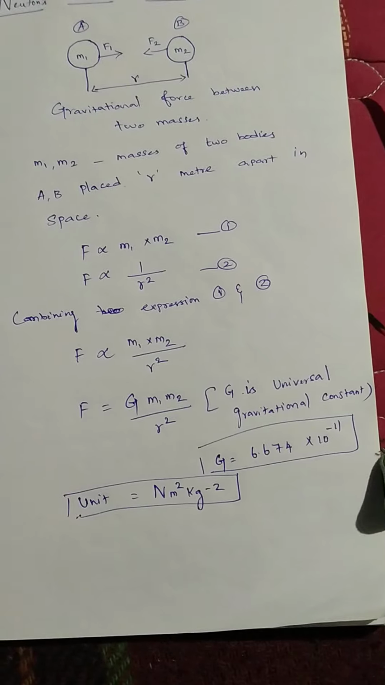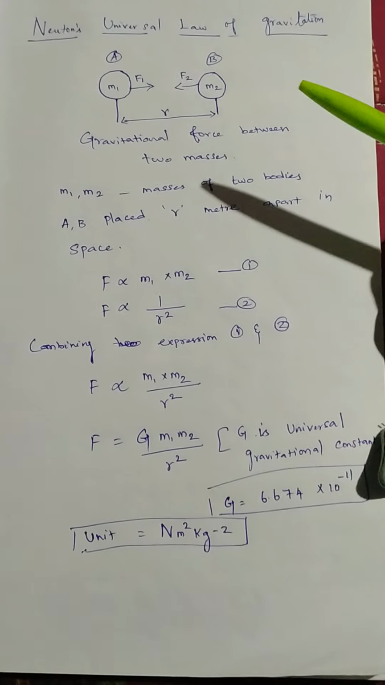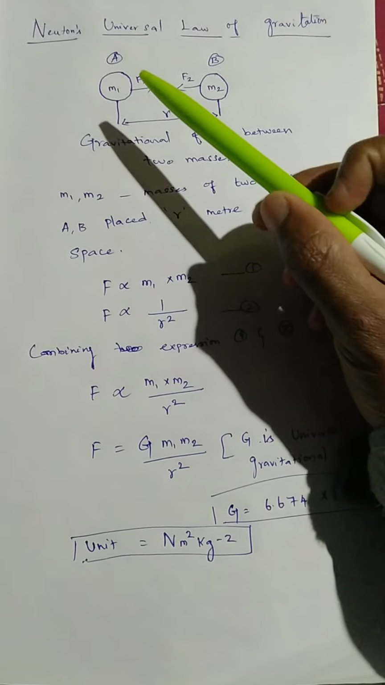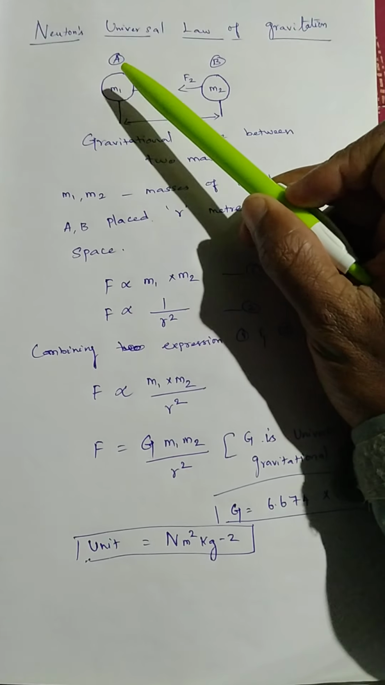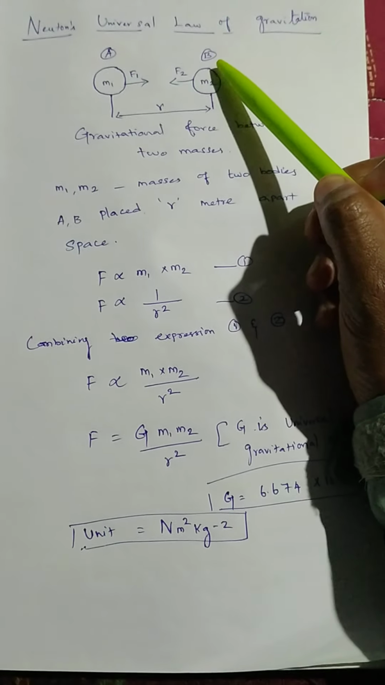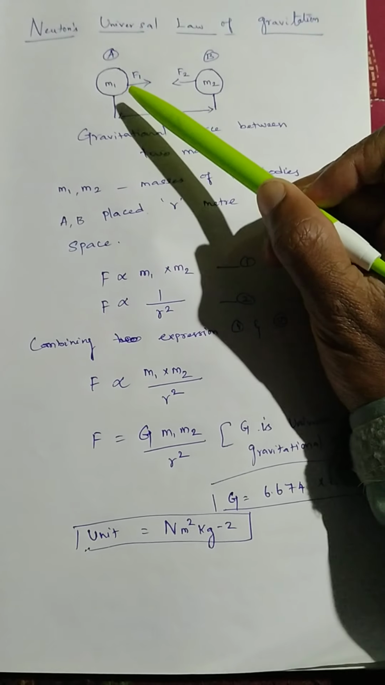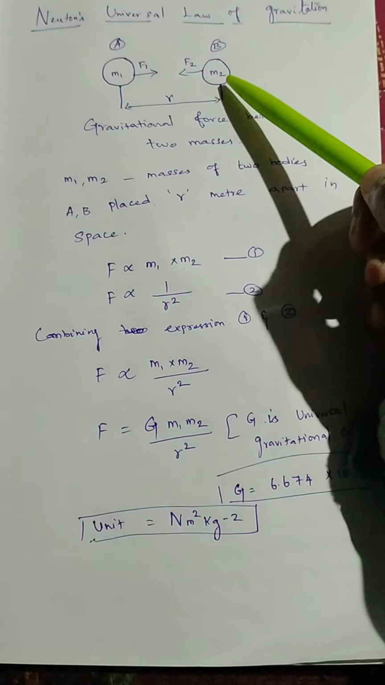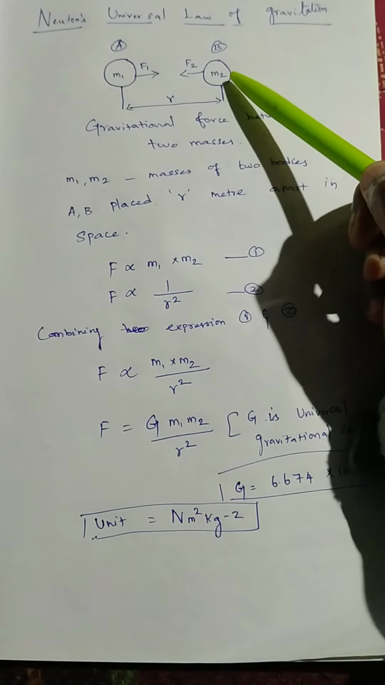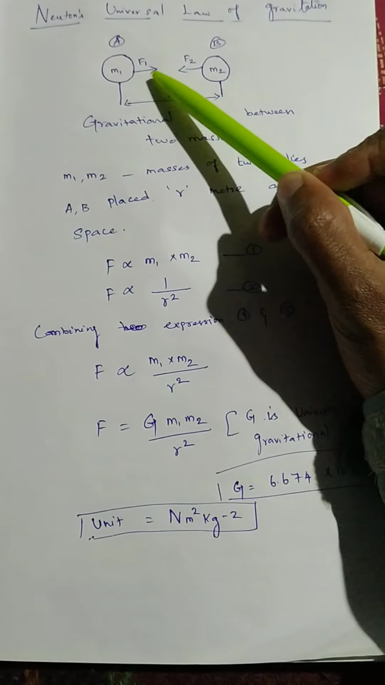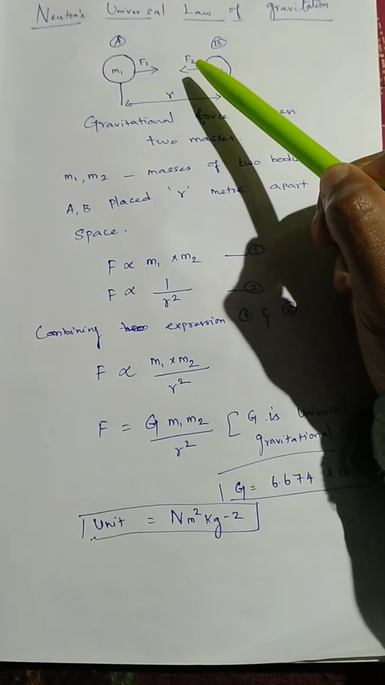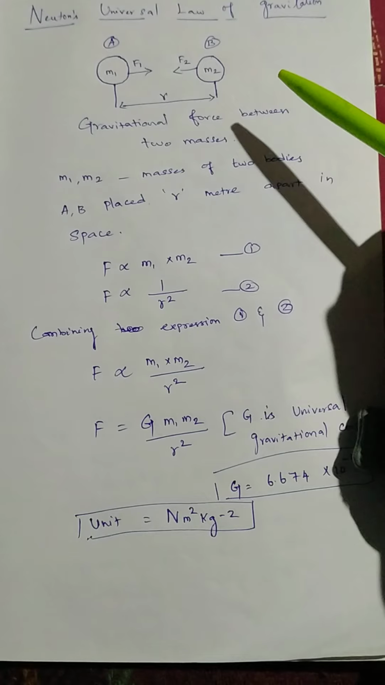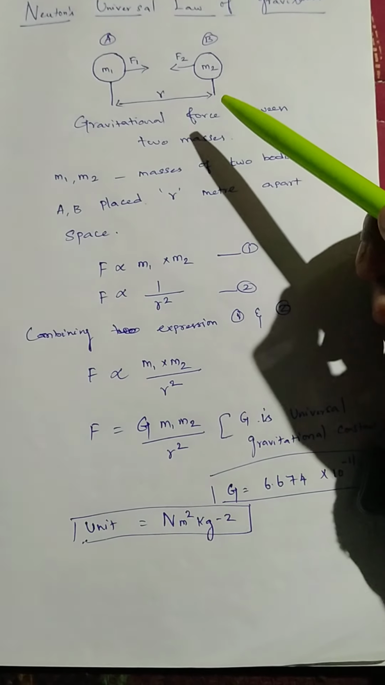Let me explain in this derivation. See students, here I have taken two bodies. The first one is A, second one is B. So A body has m1 mass, B body has m2 mass. These two bodies are going to attract each other with a force, and according to the definition,